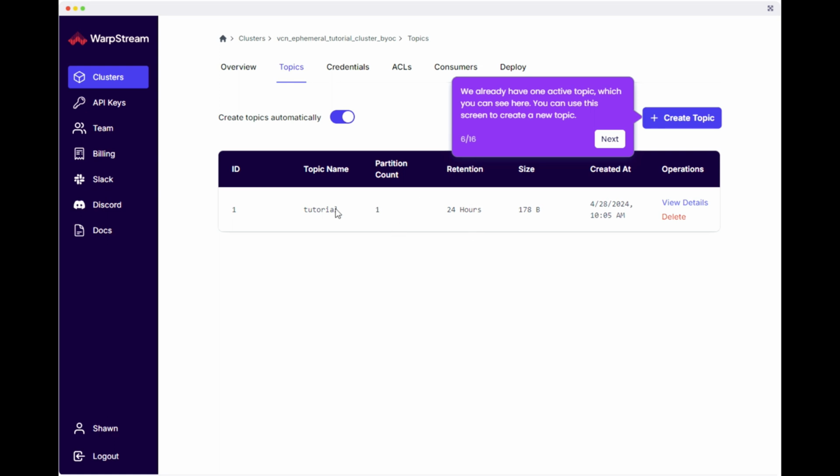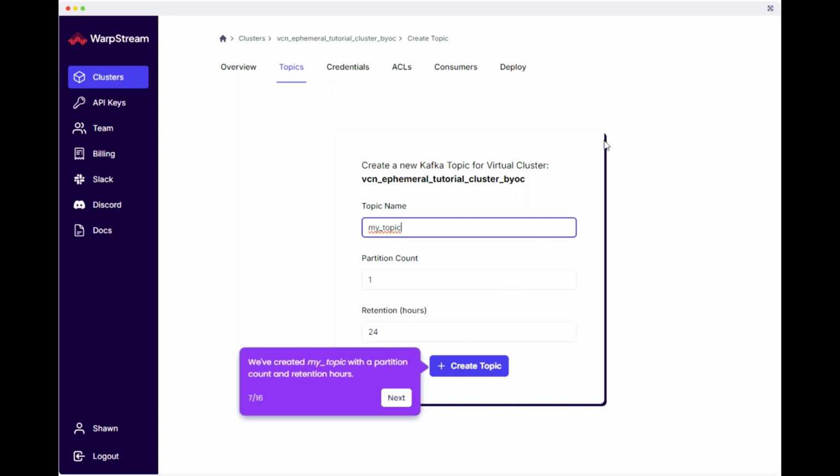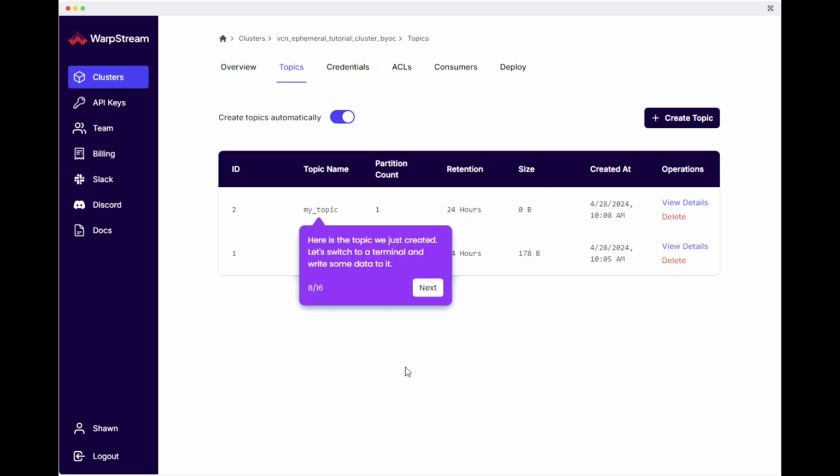Below that, we see a list of available topics in this cluster and the ability to create a topic directly in WarpStream. So let's do that. We just give it a name. Here I've called it My Topic. You can set the partition count and retention hours as well. I've taken the defaults of 1 and 24 respectively. Now we see My Topic in the list of topics, but there's no data in it, so let's switch to